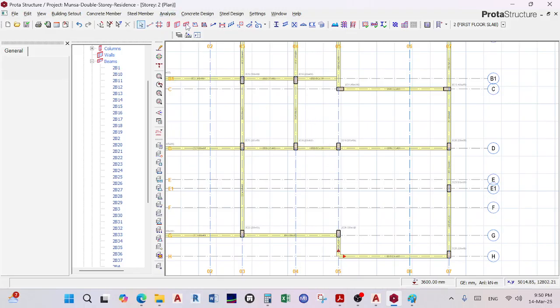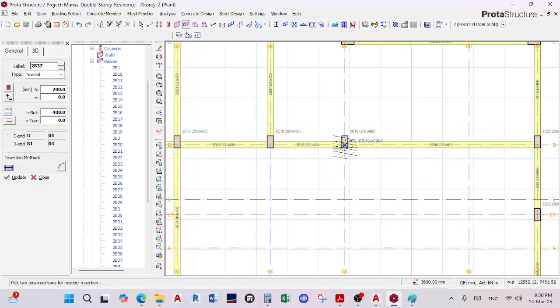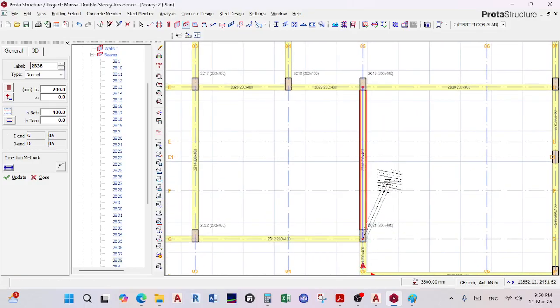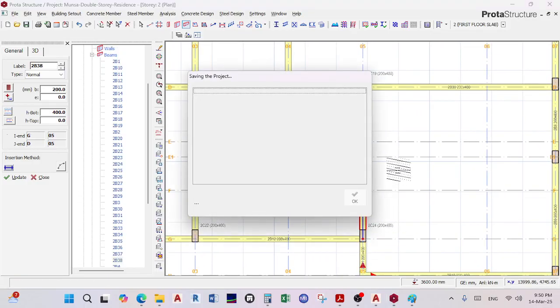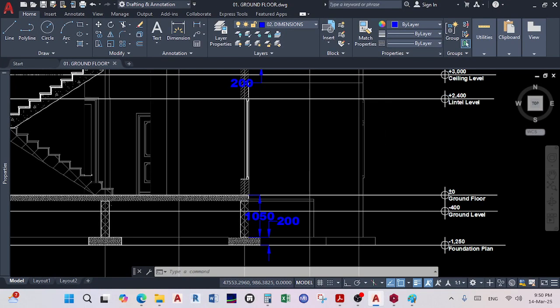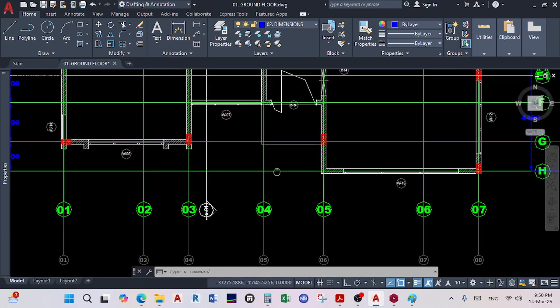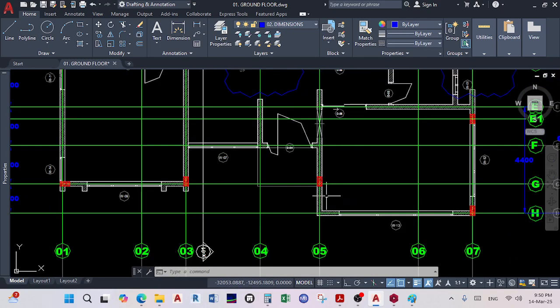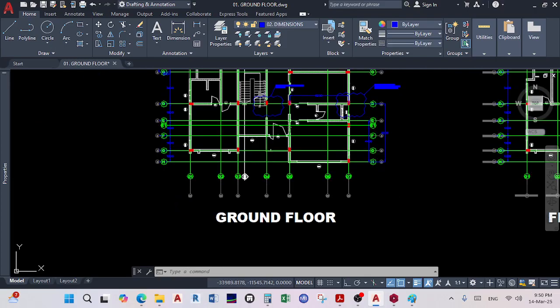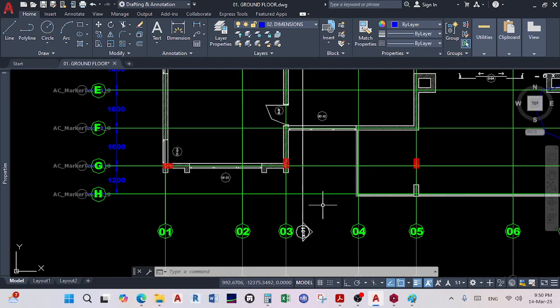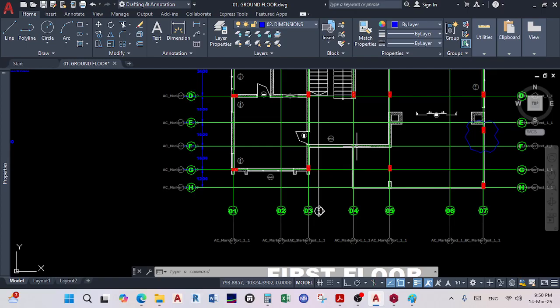I'll go back to my beam command, and then I'll run from there to there. But while we're here, why can't I have a column here? Let me see. Between 3 to 5, I'll go to my architecture, and then 3 to 5. Oh, this is like an open. If I put a column there, it would be just on the ground floor, it will be visible. But here, 3 to 5, also visible. So we cannot have